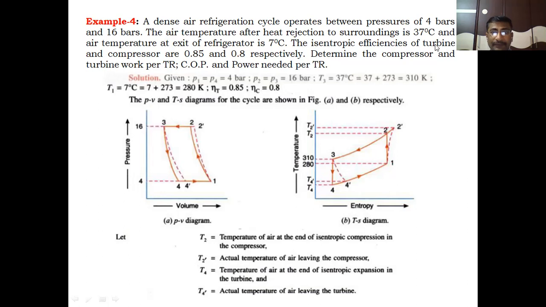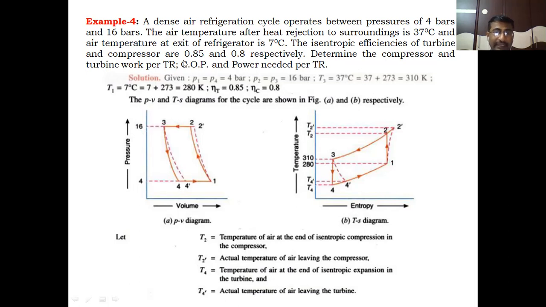The isentropic efficiencies of the turbine and compressor are 0.85 and 0.8 respectively. Here, the efficiency of the compressor and expander is also given. That's why we are taking an actual process. This is the way: 1-2 and 3-4 are the isentropic processes, and 1-2' and 3-4' are the actual processes we should consider, because the efficiency of the compressor and expander is less